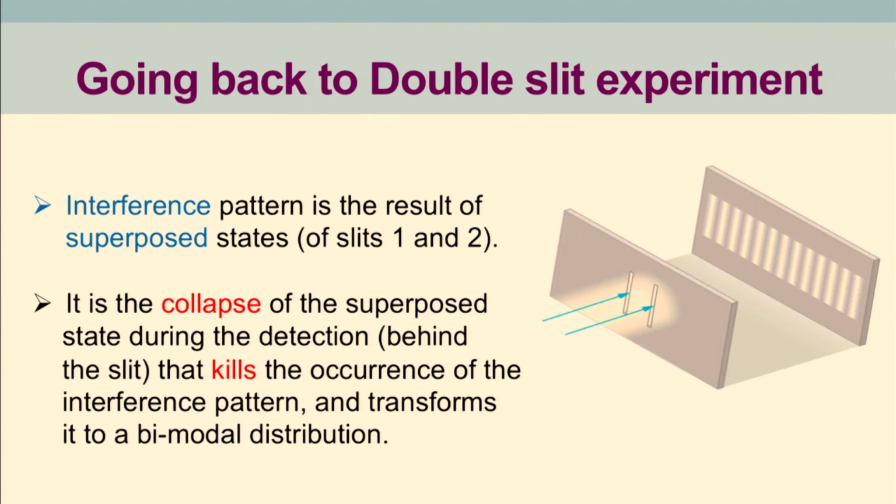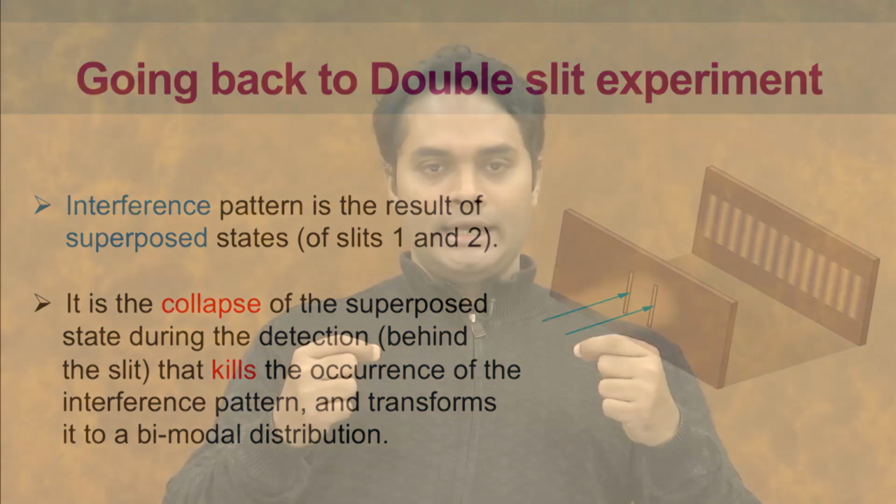Remember, in a double slit experiment, when I had two slits and the electrons were passing through these two slits, you were always getting an interference pattern at the other side. Now the puzzling behavior, or the question, was: if I consider electrons to be particles, then there is no way particles passing through the two slits will form an interference pattern like this. It is only the wave property of electrons which can give rise to such an interference pattern.